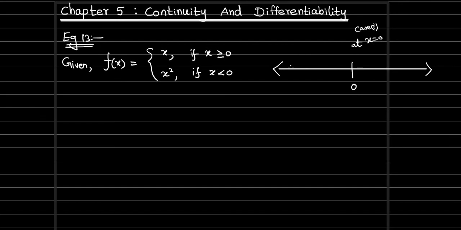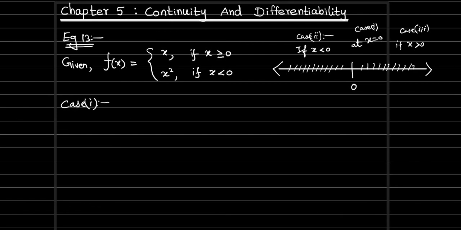And in case 2, if x is less than 0, in this particular portion, whether the function is continuous or not, under case 2 we are going to check it. So case 2 is if x is less than 0. And in case 3, in this portion we are going to check, if x is greater than 0, whether the function is continuous or not. So we are going to have 3 different cases because we are not using a single function throughout the real line. Since we are using different functions under different categories, only as parts can we test the continuity. Okay, first case 1.